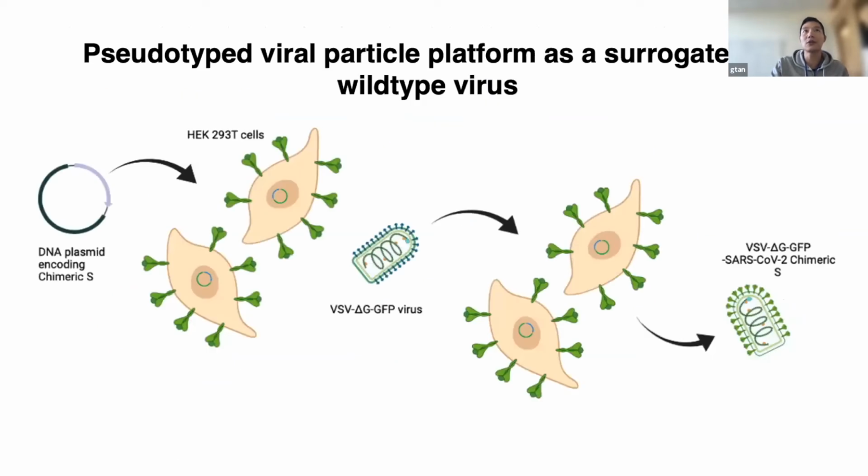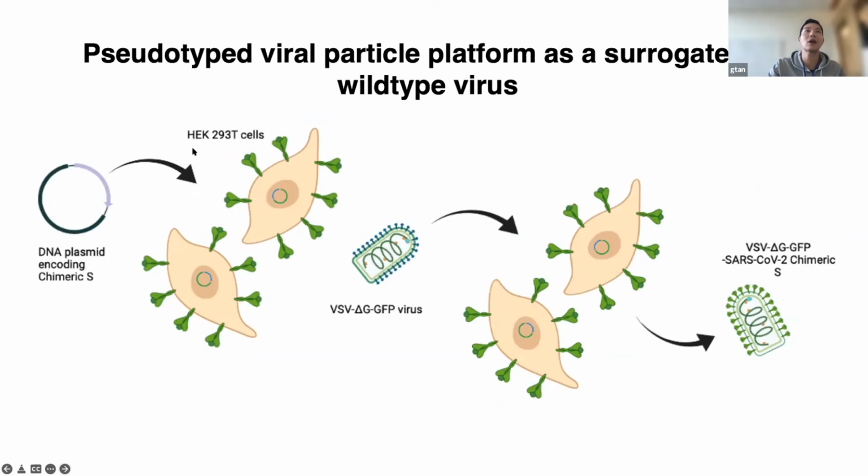So we use a pseudotyped viral particle platform as a surrogate for wild type virus. SARS-CoV-2 is a BSL-3 level pathogen. We really can't work with it in BSL-2, so this is the next best thing. I apologize in advance if you know this, but just as a way to get everyone on the same page, what we do to make these pseudoparticles is first